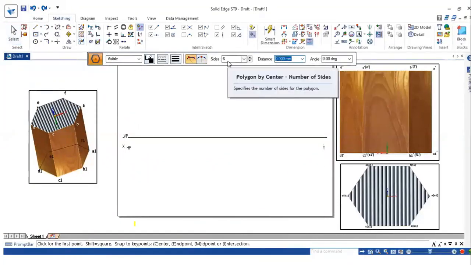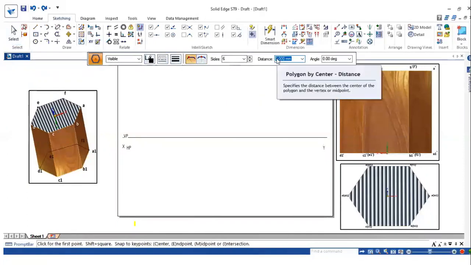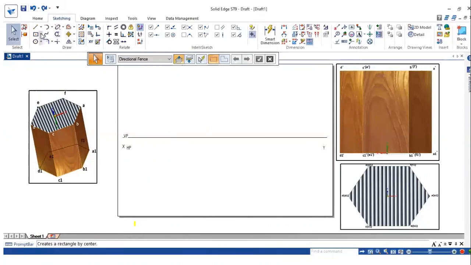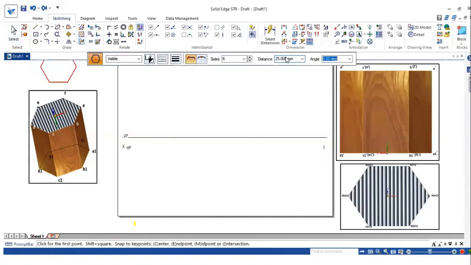In that you give the number of sides as 6 because a hexagon has 6 sides and the dimension is equal to 25. So it is resting on corner. So go for polygon by center, distance is 25.